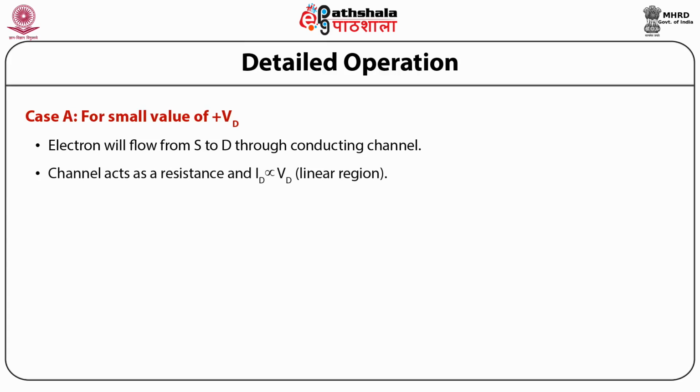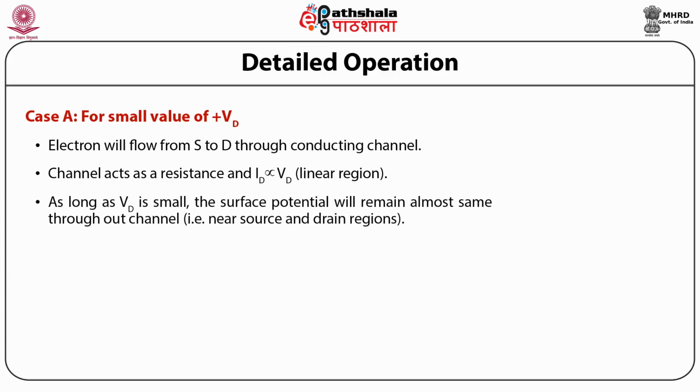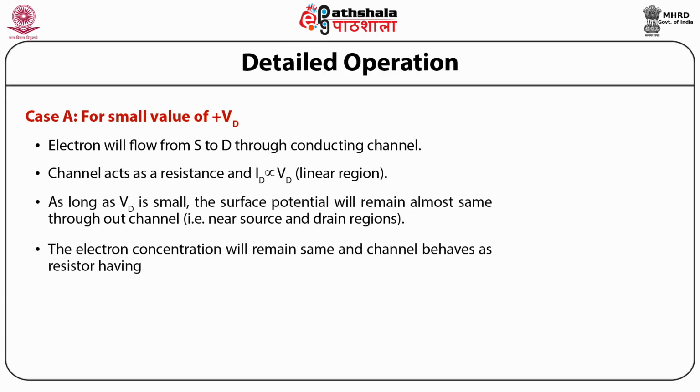So here the channel acts as a resistance. That means your ID is proportional to Vd, which corresponds to the linear region as shown in this figure. As long as Vd is small, the surface potential will remain almost the same throughout the channel, that is near source and drain regions. So the electron concentration will remain the same, and the channel behaves as a resistor having the resistance